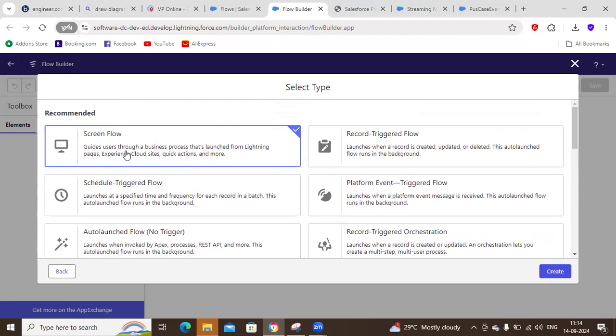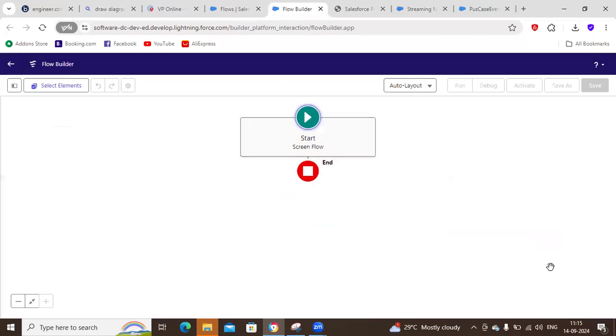If you want to show some screen and take input and then trigger, you can do that, or use a different option like schedule or platform events. Different things are there. I selected this option to create it. As soon as I create this option, sorry, I should have changed this to Screen Flow. Let me see if I am able to,